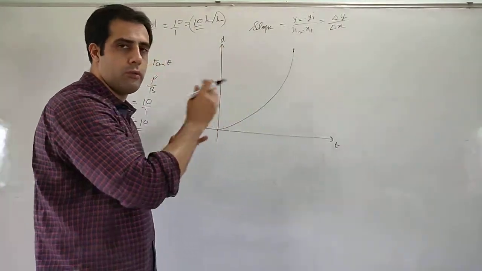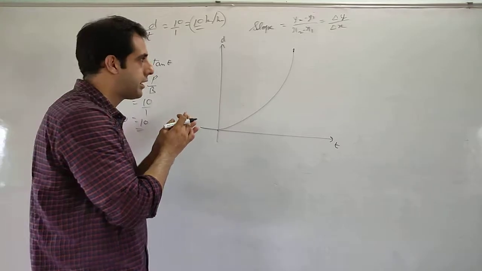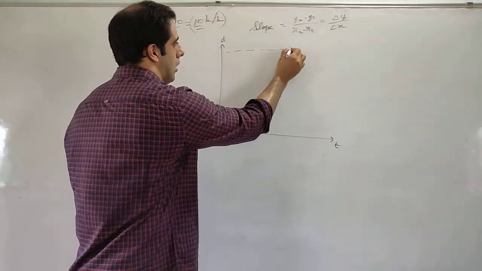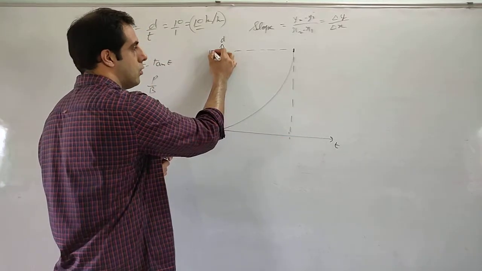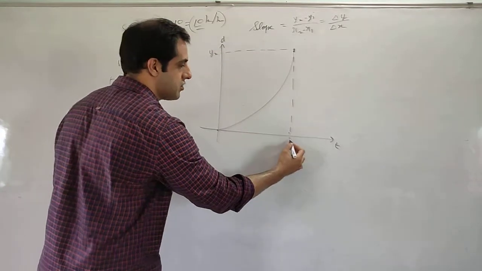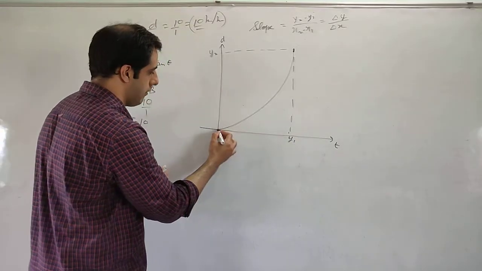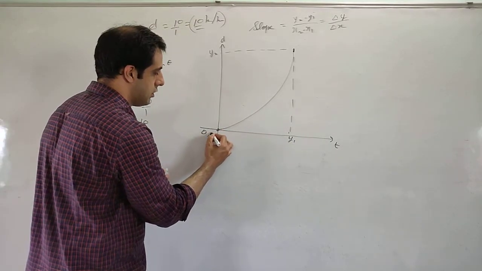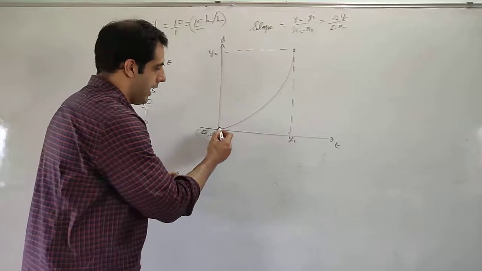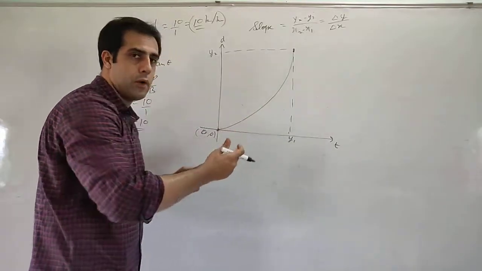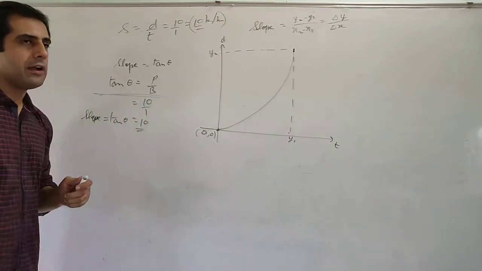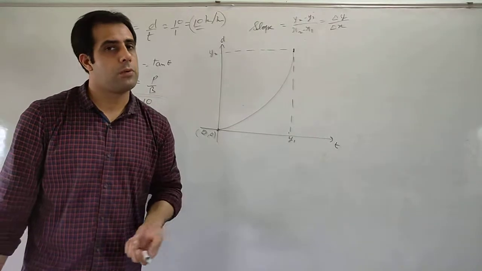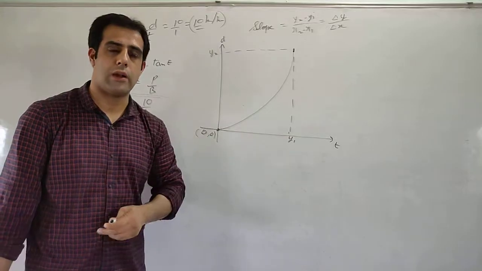Again, what will you do? What did we do in a straight line? In the straight line graph, we took these values. Suppose this value was y2, this value was y1, and we took this value as the 0, 0 coordinates. Okay, and we made a triangle and we found the slope by calculating tan theta, perpendicular by base. But now we have a problem. How will you calculate tan theta?